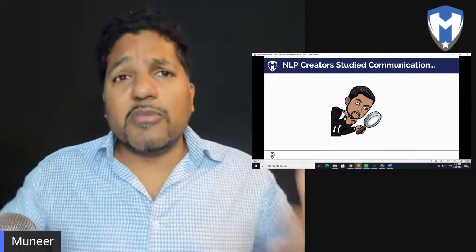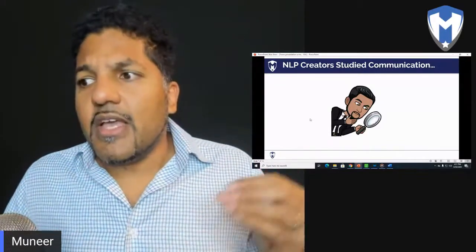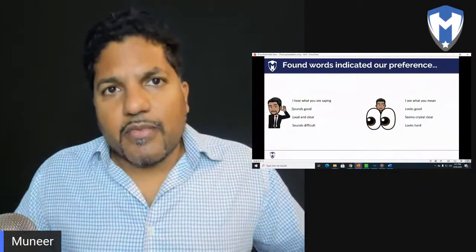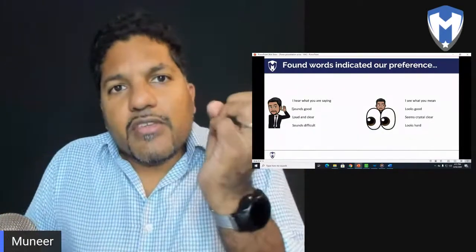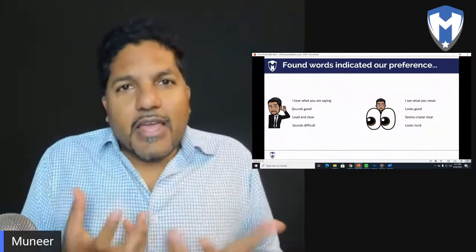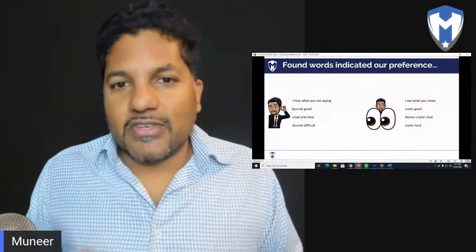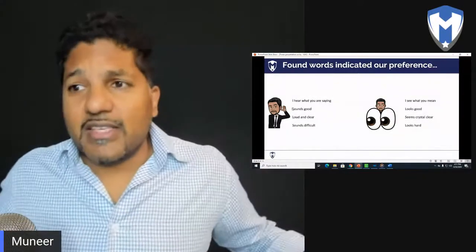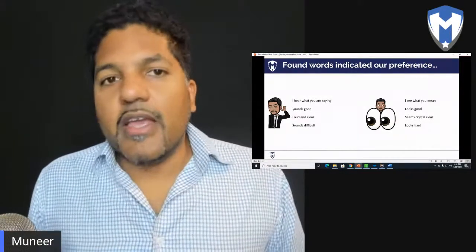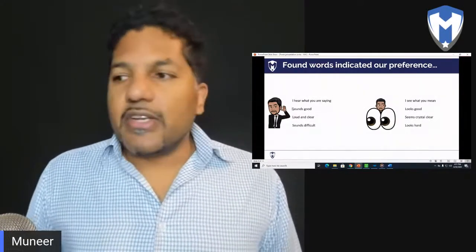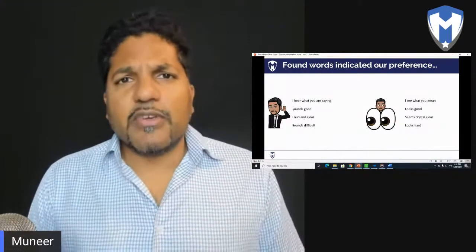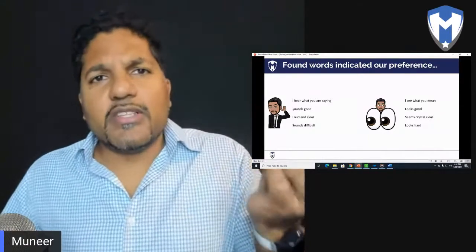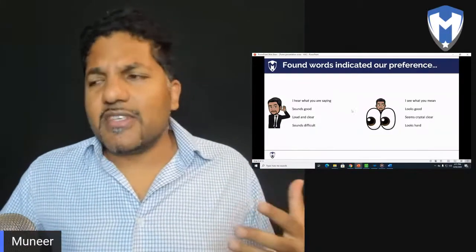They noticed that when people would speak, words inside of their language indicated their preference. For example, a more auditory person would say stuff like, I hear what you're saying. That sounds good, loud and clear. Oh man, that sounds difficult. They tend to unconsciously use a lot of words that indicated their preference.